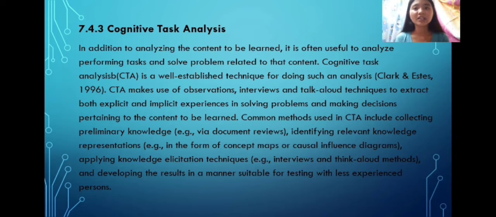Then applying knowledge elicitation techniques, for example, interviews and think aloud methods, and developing the results in a manner suitable for testing with less experienced persons. One key aspect of a cognitive task analysis is to identify key distinctions and decision points that influence what a problem solver or decision maker does.